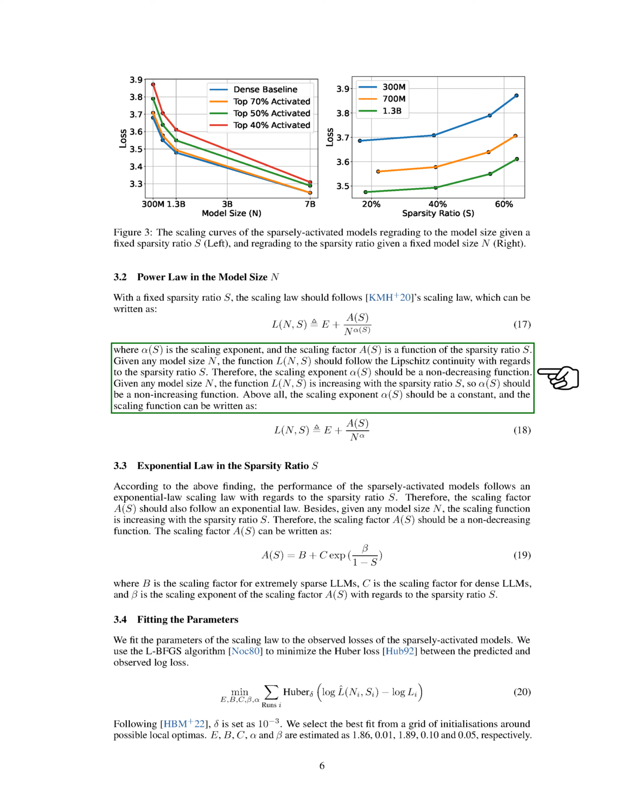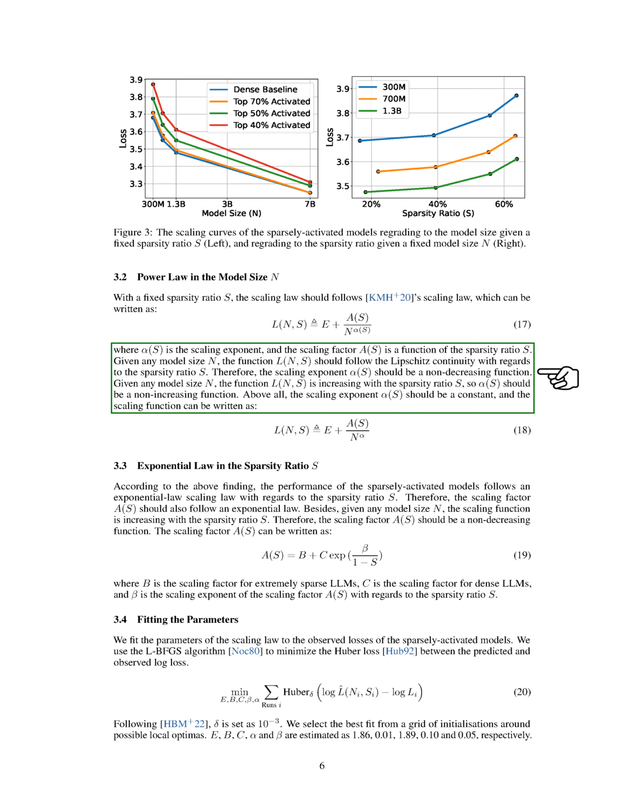We analyze the observed losses from our sparsely activated models. We employ the LBFGS algorithm to minimize the Huber loss between our predicted log loss and the observed log loss. We set delta to a small value of 1000 and choose the best fit from a range of initial conditions around potential local optima. Our estimates for the parameters E, B, C, alpha, and beta are approximately 1.86, 0.01, 1.89,